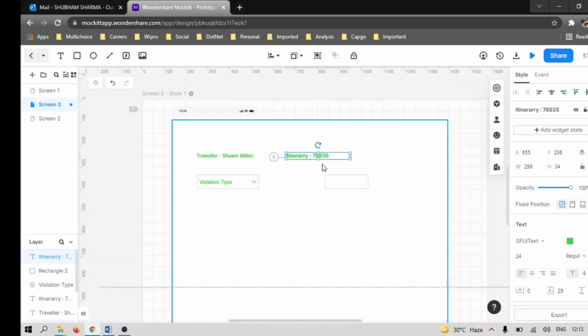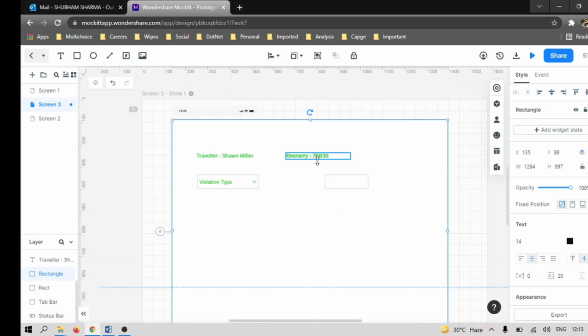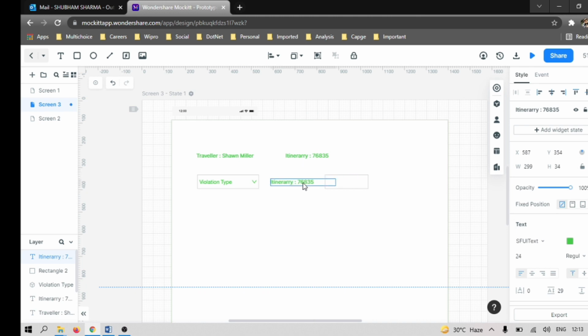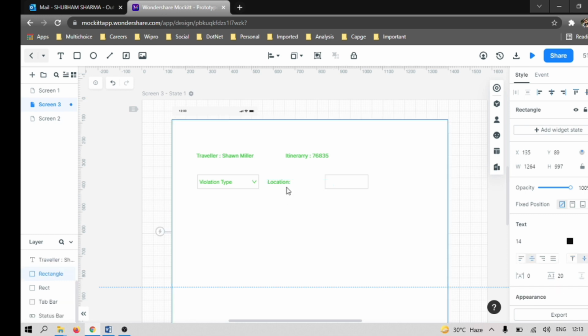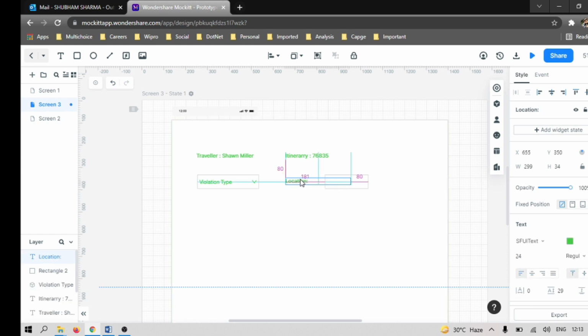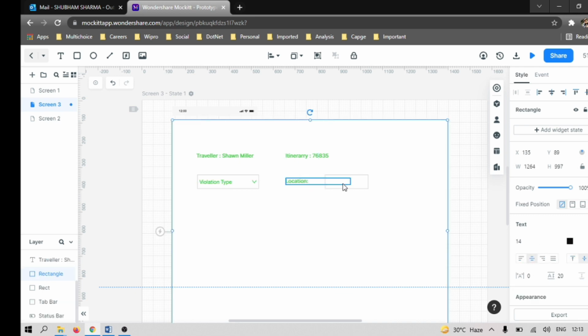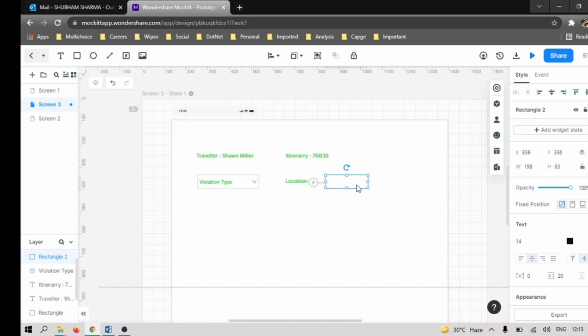So we will put this text box here, and we will also copy this, put here. Okay, so we will put here. So what will happen? It will give us the text box for location. Okay, it will look like this. We can put this location thing here, and this text will be just beside of it.